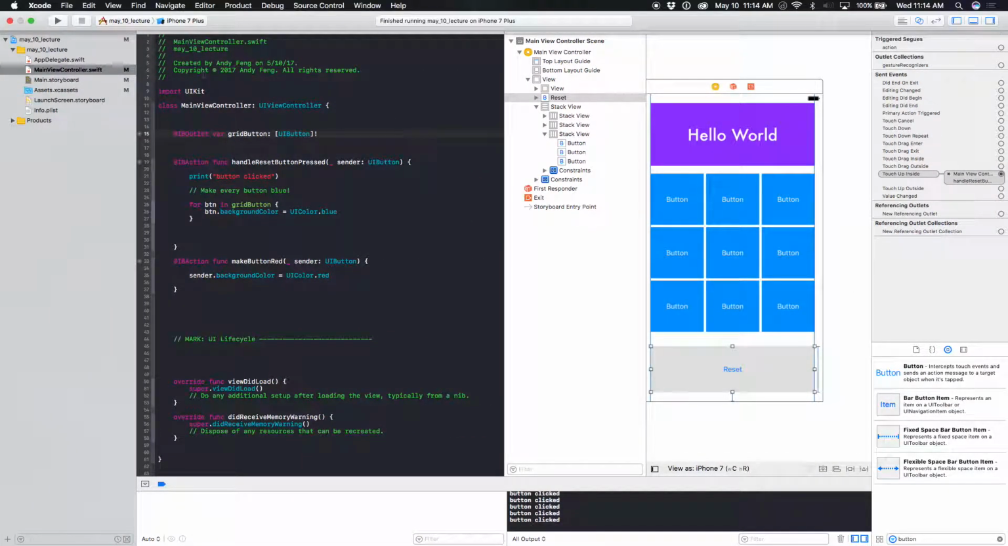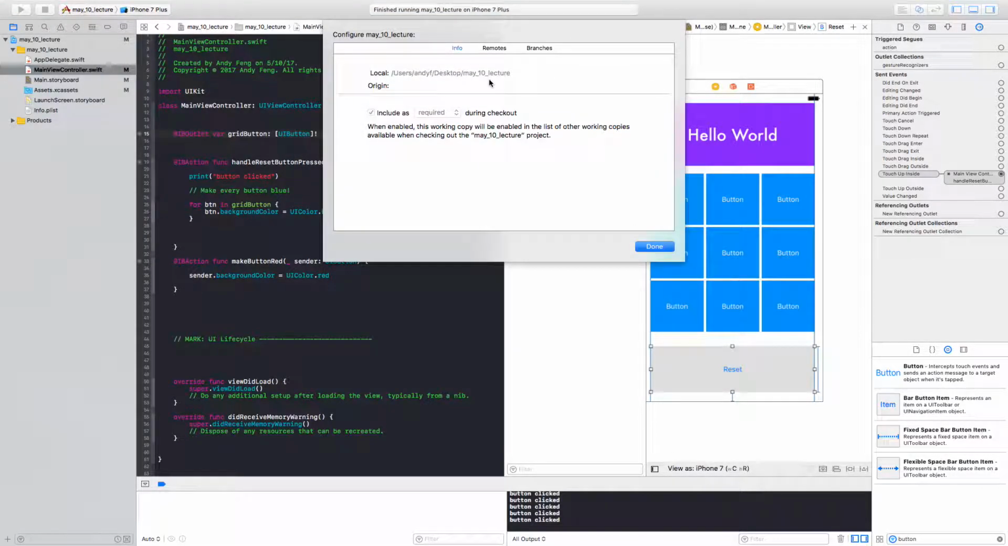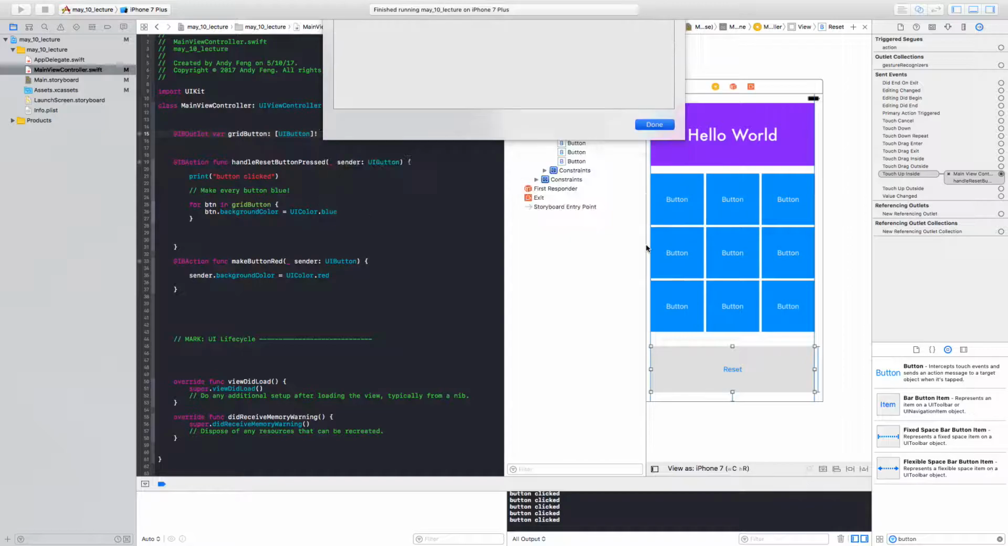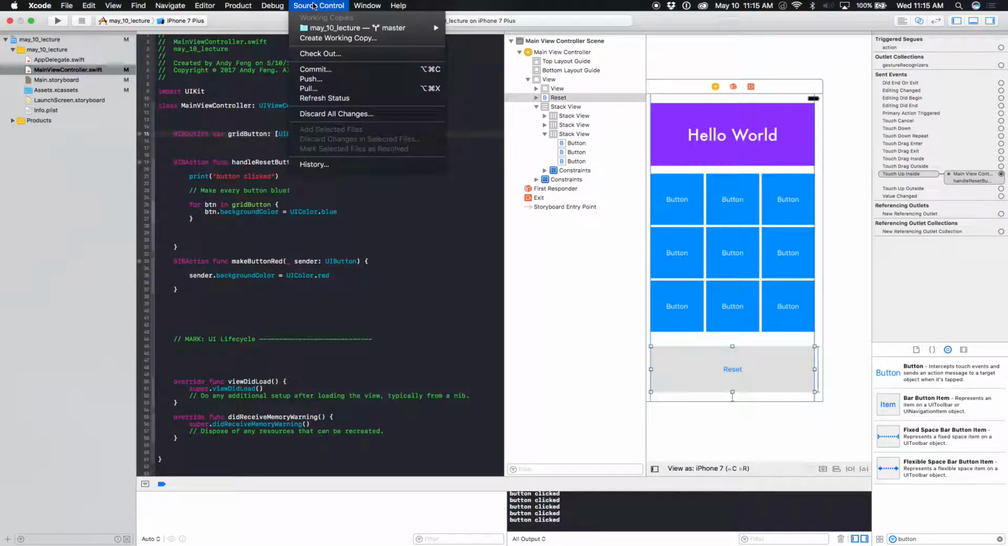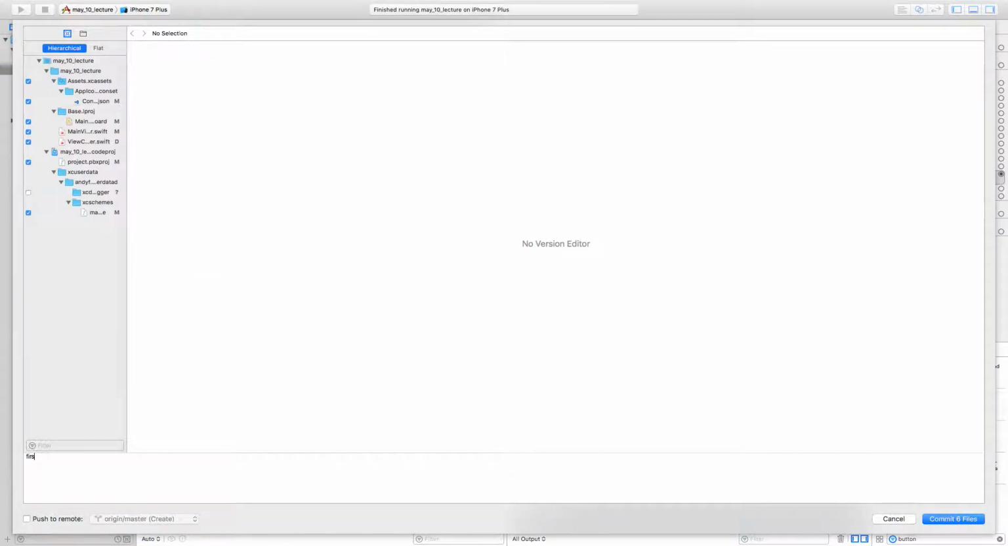I'm going to stop the simulator. Over here we have source control. You're going to hover over your folder here, and then go to configure, and then remotes, add a remote. You're going to paste in the address. You're going to add this remote. You're going to do done, and then go back to source control and commit, right? I'm going to type in my first commit, and also check this out. If I check this box here, push to remote, as soon as I commit it, it's going to push it to my remote,